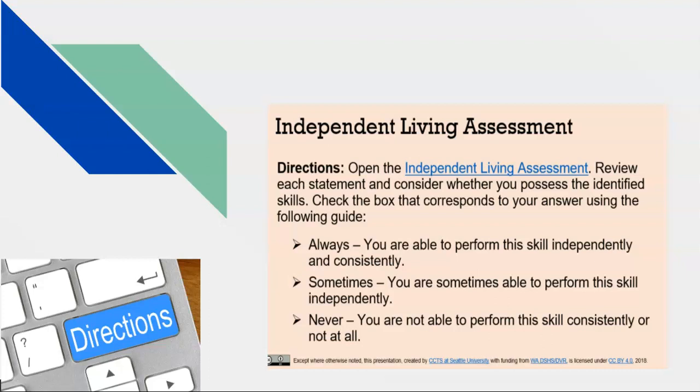Okay, so think about the questions before you just go ahead and press any old key. Just make sure you're being truthful, and remember, it's all about you. These answers are for you, so there's no right or wrong answer necessarily, but it's all about how to help you get better at becoming more independent.